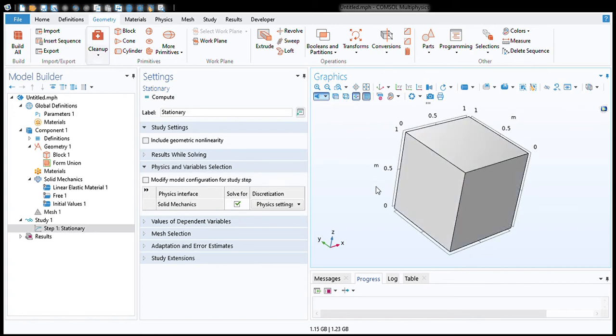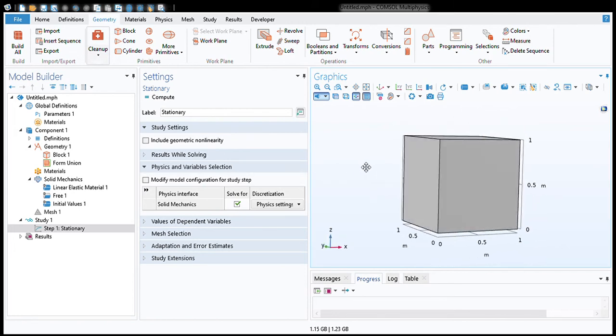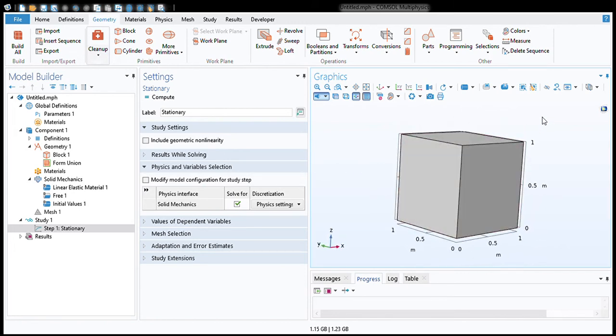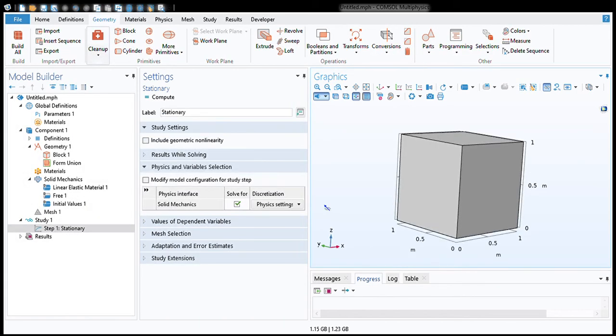By clicking your mouse you can rotate the object whenever you want. Also you can use the hide function. After clicking this hide function, you click the object and that object will be hidden, and if you want to bring the object back, you have to reset hiding using this and click on that. So this is how you use the graphics interface.